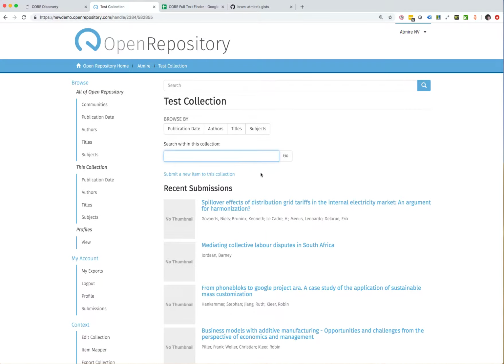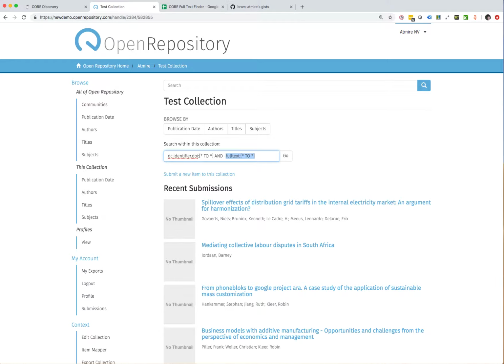And this is another mini hint. Even though Open Repository is based on DSpace 5 at the moment, and DSpace 5 does not yet have that filter that DSpace 6 has to show you items with full text, you can do a similar filter with a query like this. So I'm doing a query where I say I want items where I have a value for DOI, and those items should not have a full text attached to them. So it has that full text